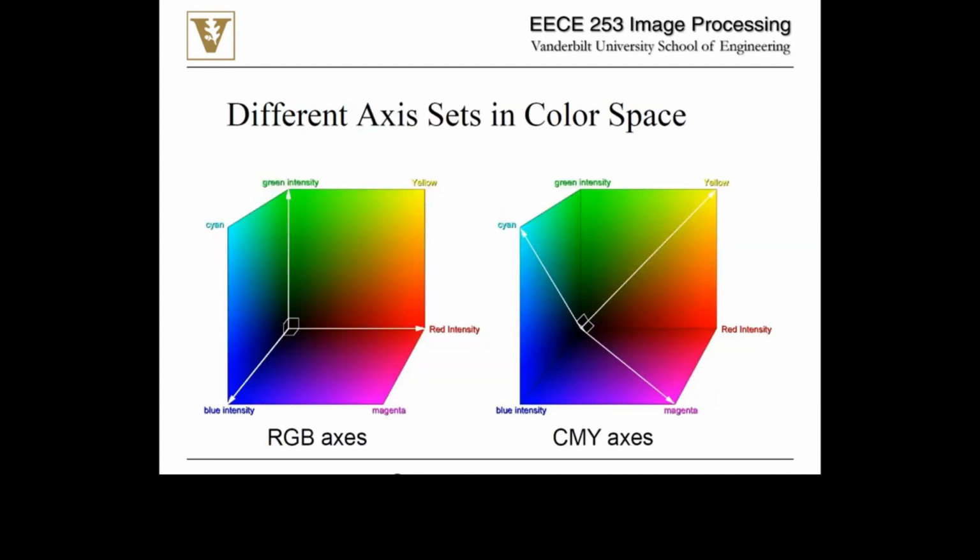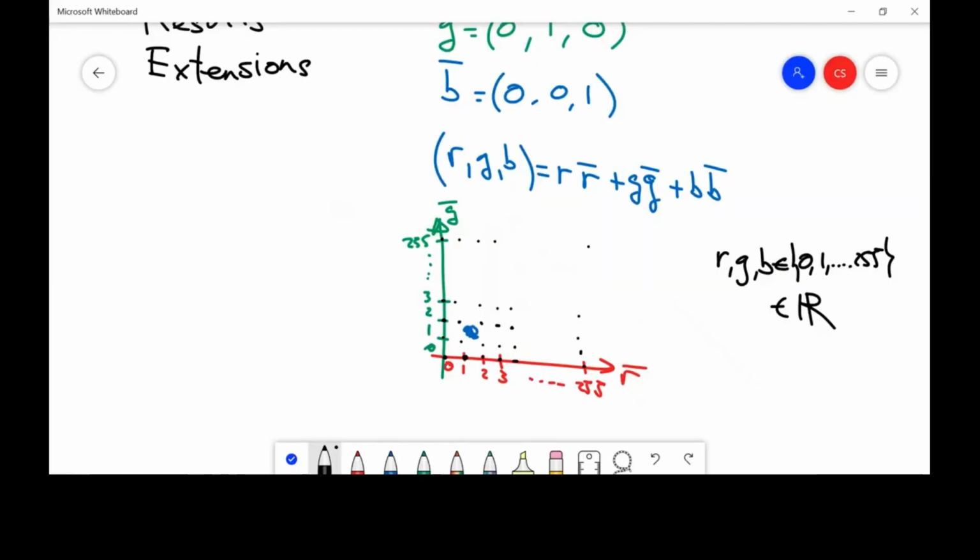So this would be my color cube, and here are the red, green, and blue axes. And we already know that, for instance, red plus green is yellow. So that means that if I construct this vector,